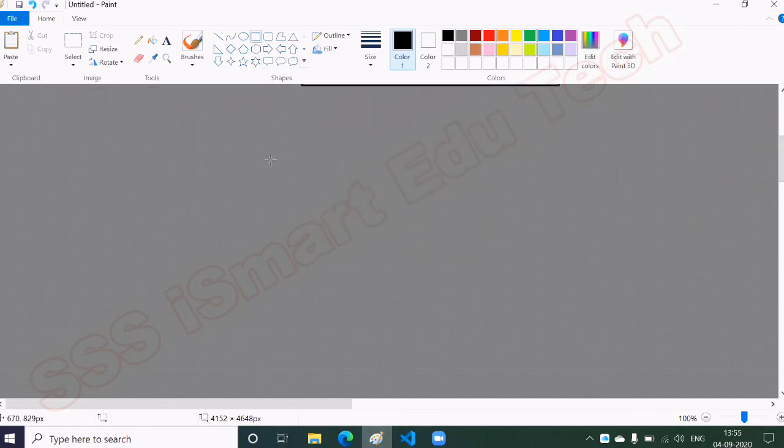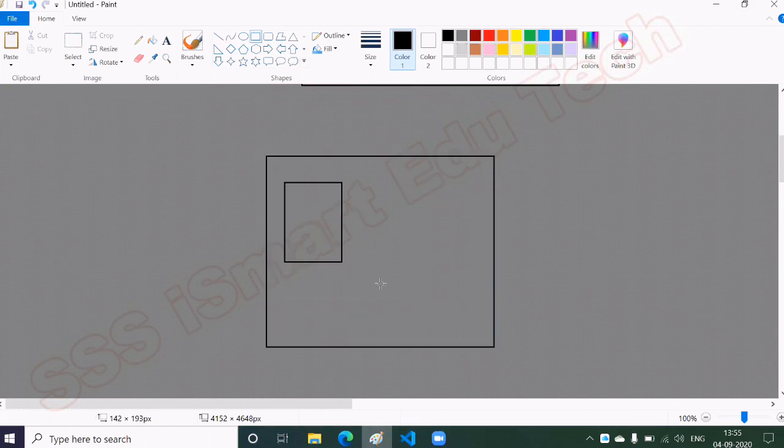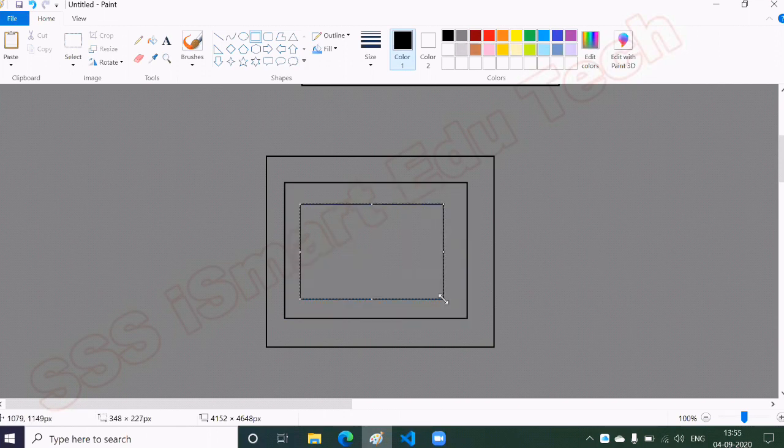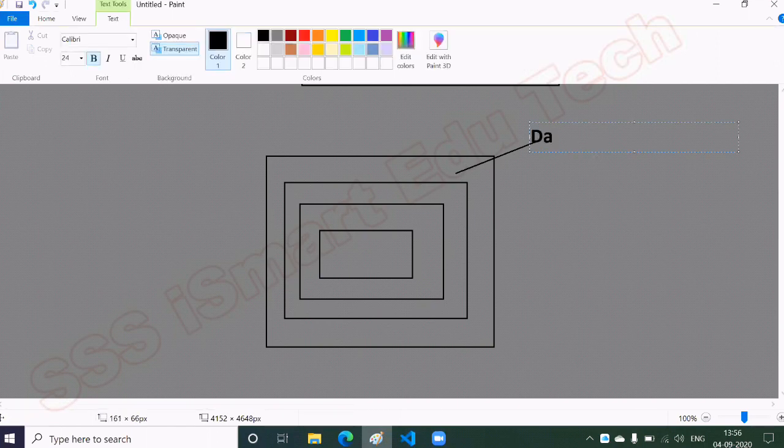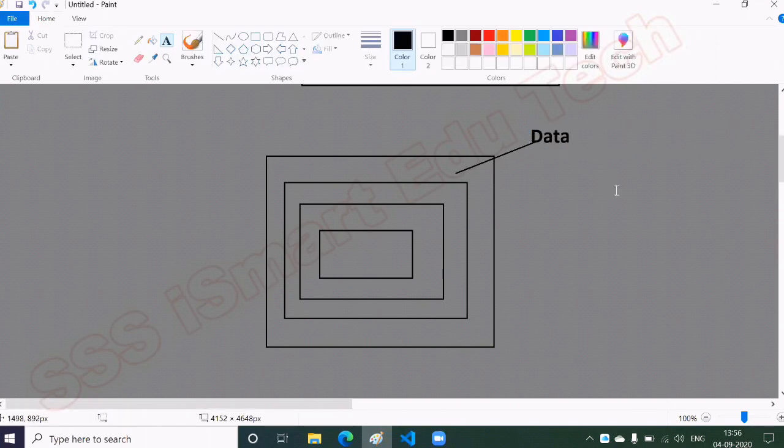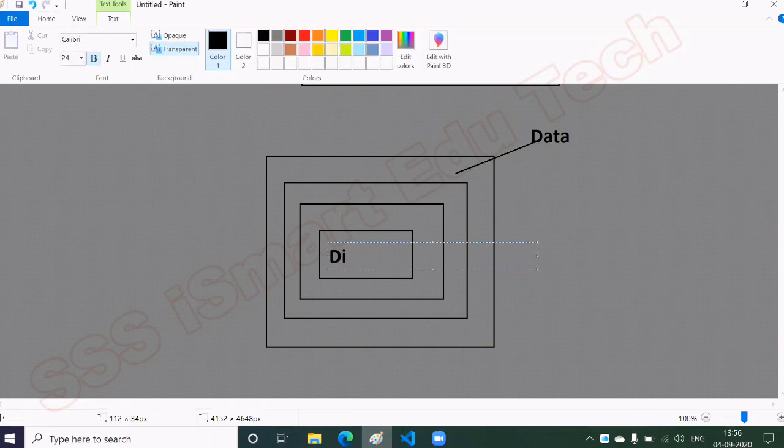So what is context going to tell us? I have a parent component, A component. In this I have one more component known as B component, then one more known as C component, and one more known as D component. Now I have the data inside A component, right? I want to display this data here in the D component.